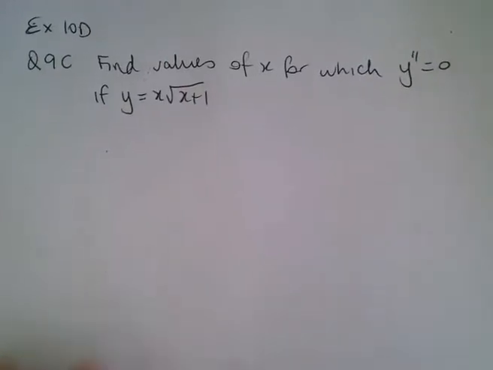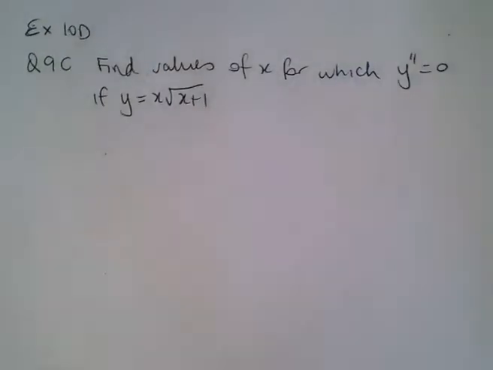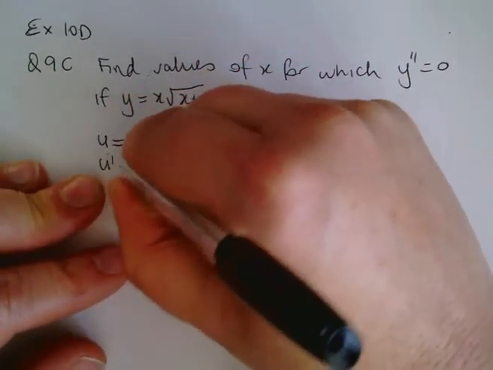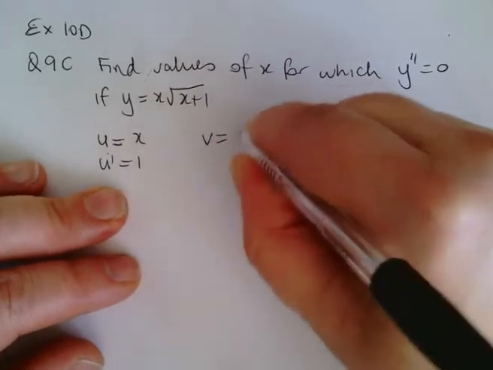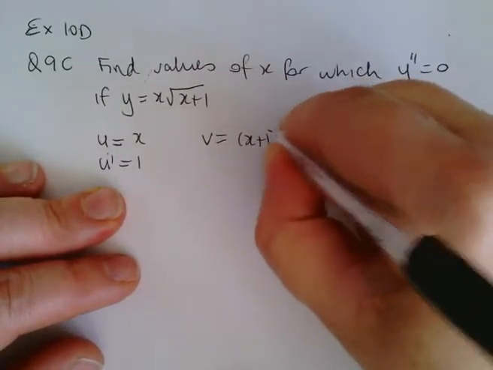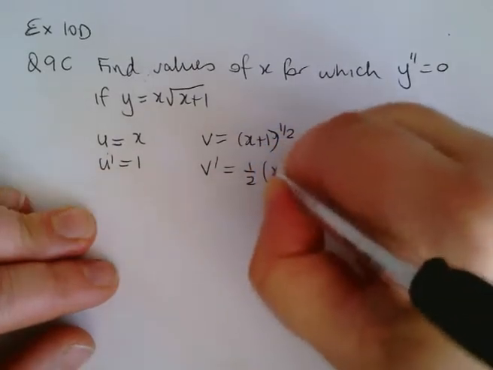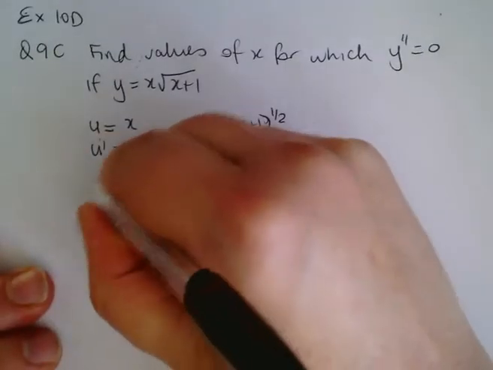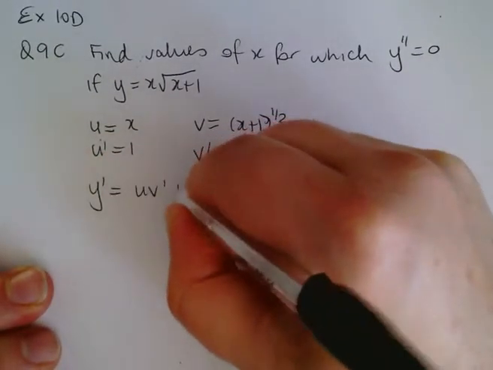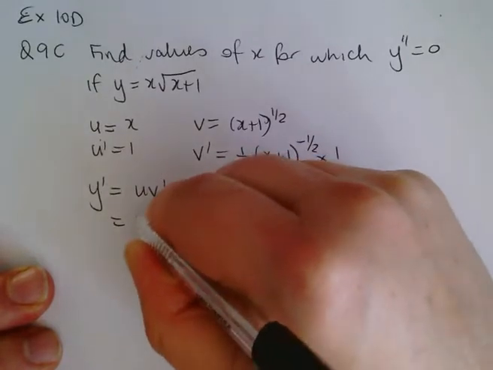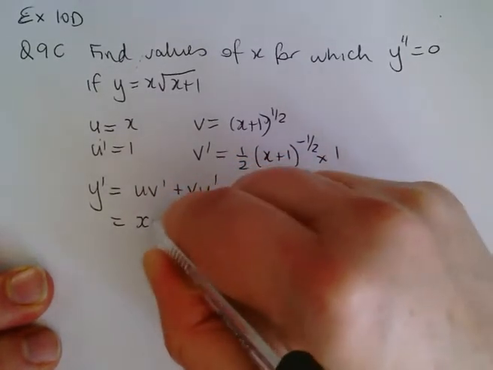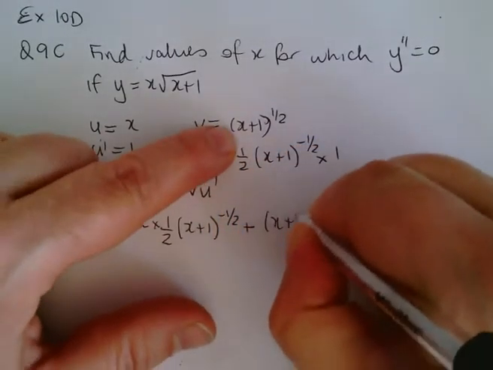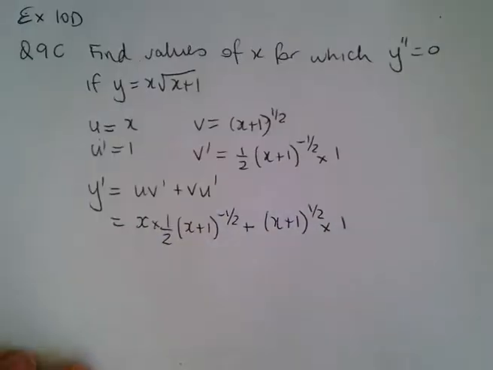Looking at homework problems, exercise 10D, further derivatives. Find the values of x for which the second derivative equals 0. So we've got u is x, u dash is 1, v is (x plus 1) to the half, and v dash is a half (x plus 1) to the negative a half times 1. So first derivative, y dash is uv dash plus vu dash, which is x times a half (x plus 1) to the negative a half